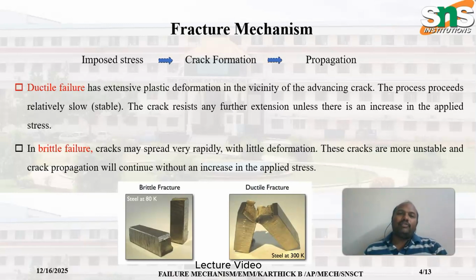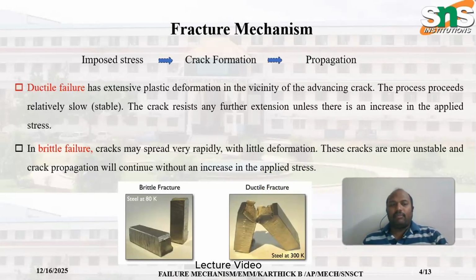So in continuing with that, if we see the fracture mechanism for brittle fracture, as in ductile fracture, there will be imposed stress, that is the stress or load that we are applying. The second one is crack formation. The third one is propagation. But the main difference between ductile and brittle is that in ductile fracture we can see some significant features before failure, but in the brittle fracture there won't be